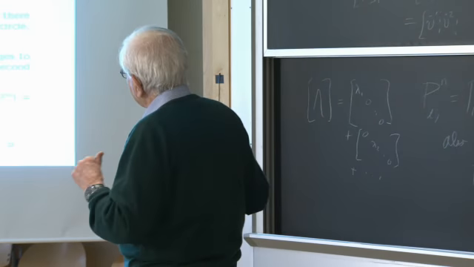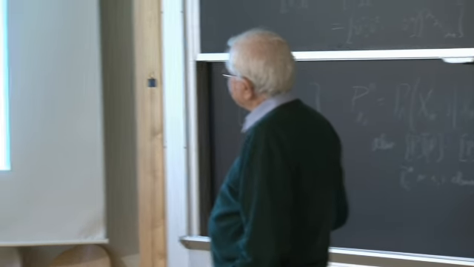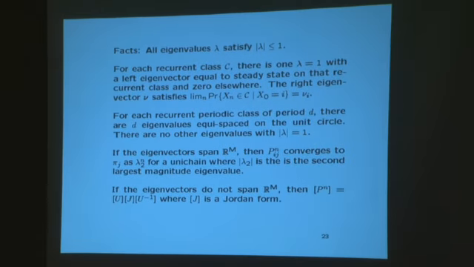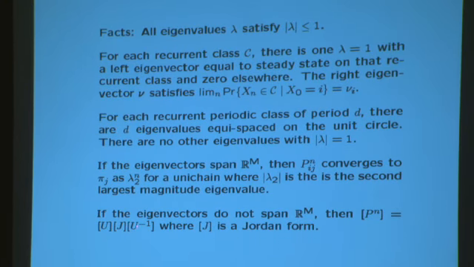I thought I was talking quickly, but anyway, if the eigenvectors don't span the space, then p to the n is equal to u times j to the n times u to the minus 1, where j is a Jordan form. What you saw in the homework when you looked at the Markov chain,